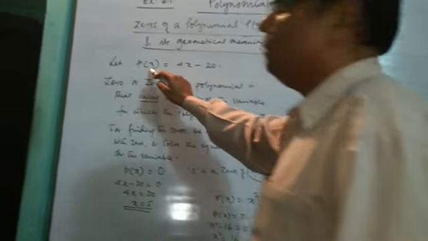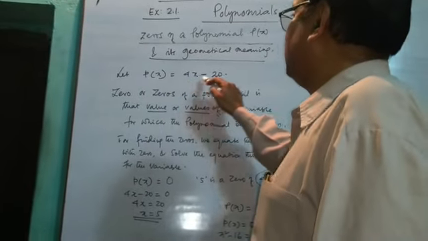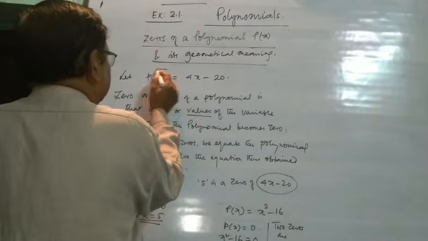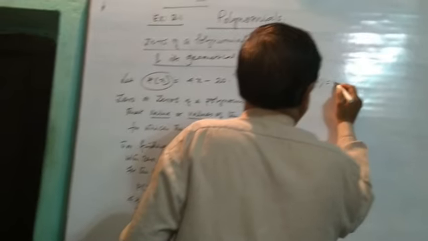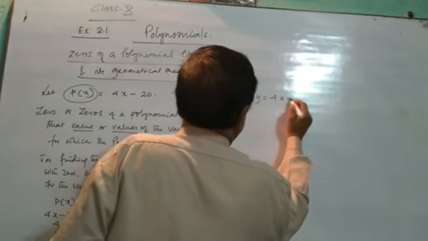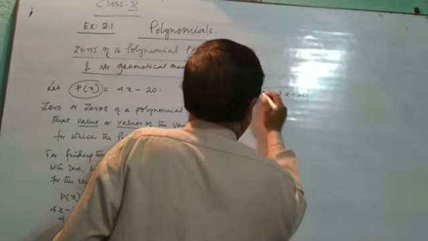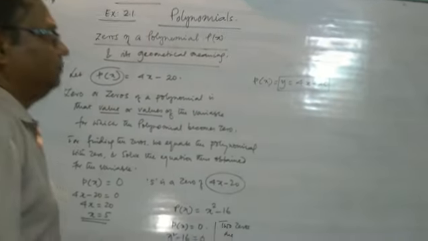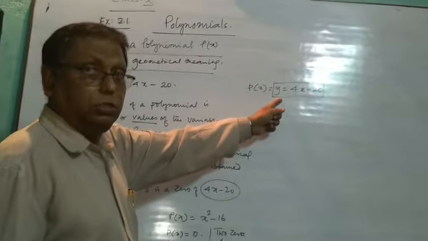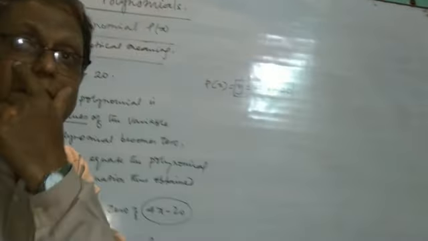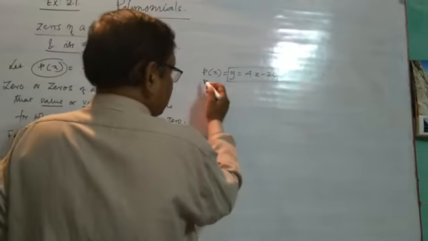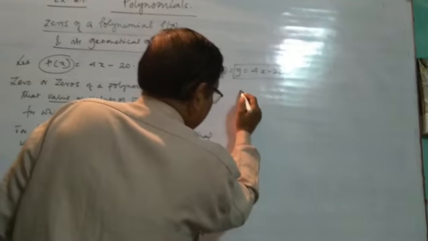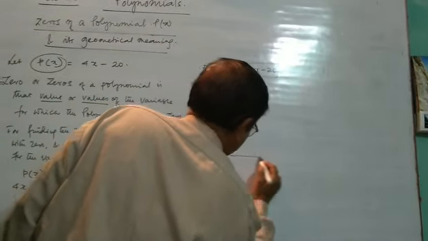Now P(x) means polynomial in x. 4x minus 20. We can suppose this P(x) is equal to y. P(x) can be supposed as y is equal to 4x minus 20. Now see, y stands for the polynomial in x. Now if you plot this y is equal to 4x minus 20, or P(x) is equal to 4x minus 20, on the graph,